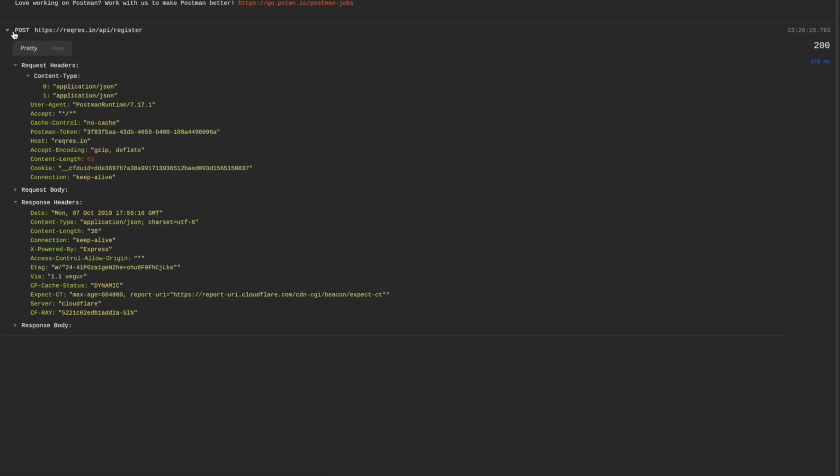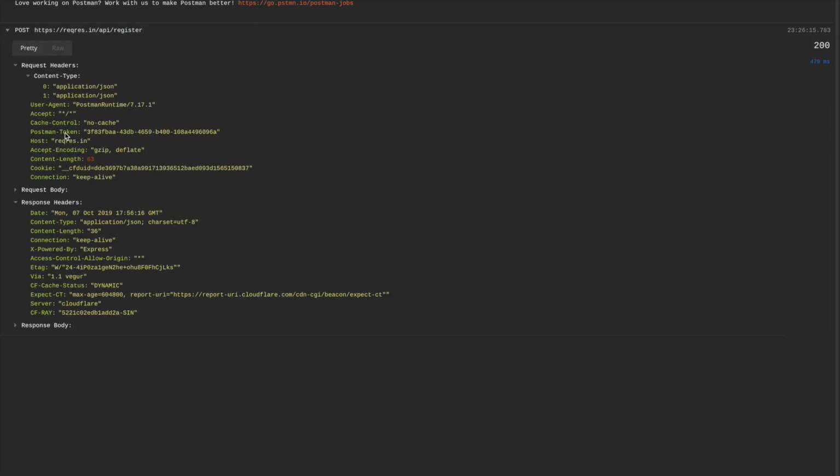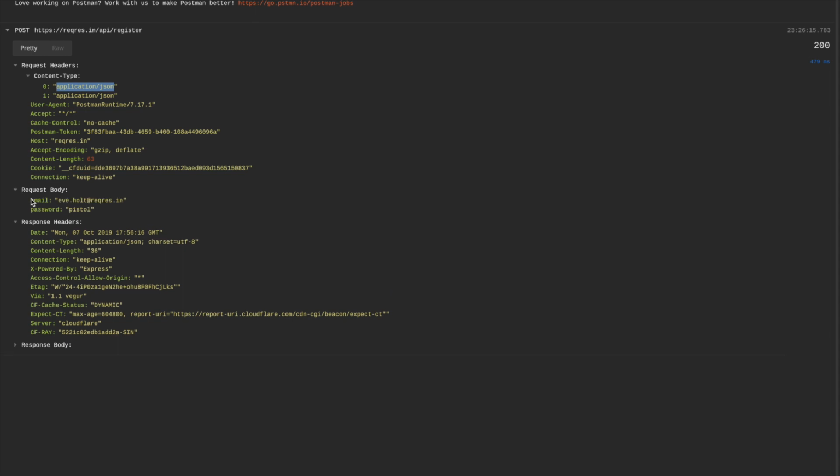Yes, so we hit an HTTP POST endpoint with URL API register, and you can see that it captures all the request and response data. We can see the request header, content type application JSON, went with it. The request body is already set, and the response body is what we see